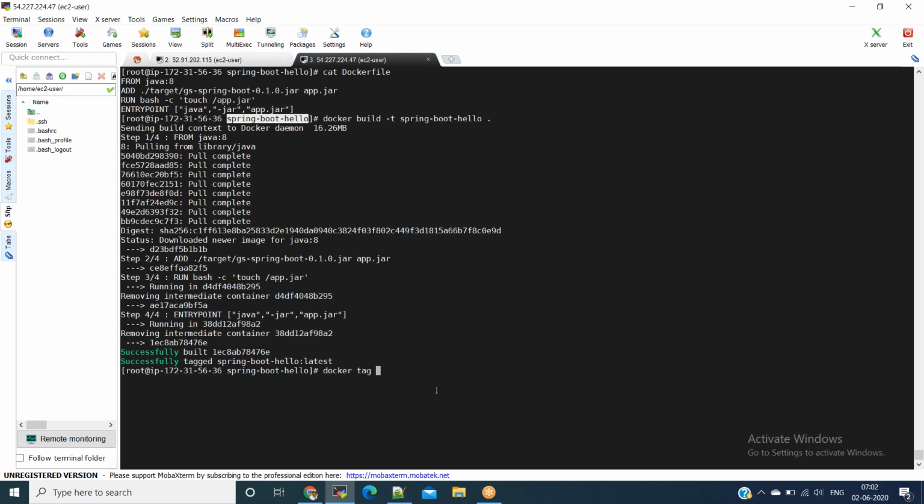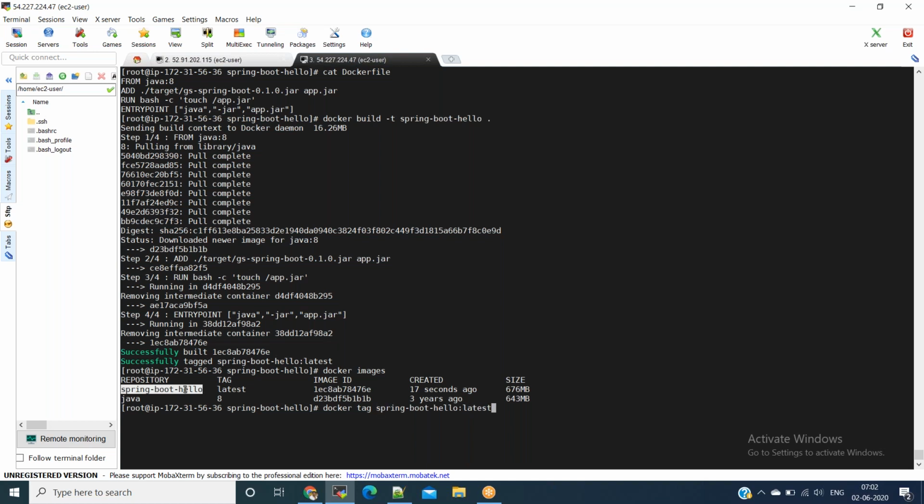For that, what you can do is you can say docker images. First, get the image ID, docker images. You will see the repository name, image ID. Now, we need to tag this particular repository with the private registry repository. Okay, for that, docker tag, whatever the repository you have with the latest tag, you need to give the Docker registry repository.